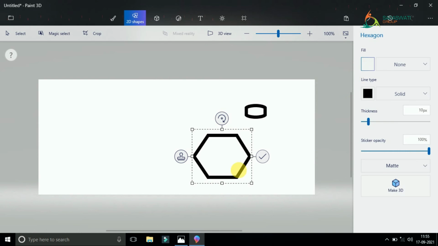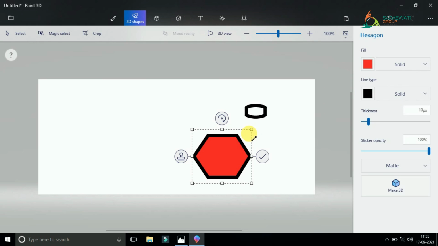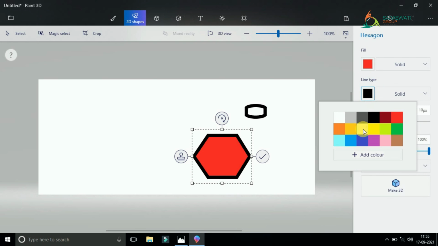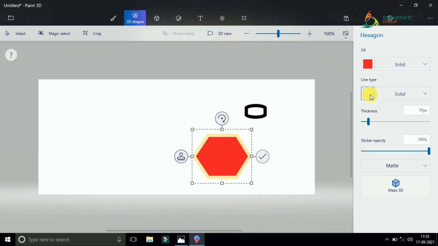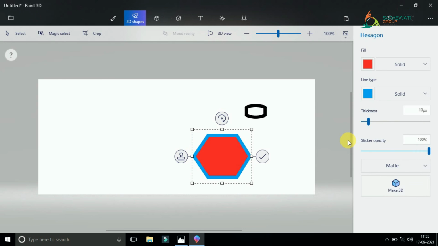As and when I select, you will see that the color will appear over here. Line type means border. Okay, I also want to change the color of it. So you can see here any color you can select. And the third option is thickness. See, this is a slider which I am moving. Can you see the difference in the drawing? If I am increasing, the border is getting thicker. If I am decreasing it, the border is getting thinner.